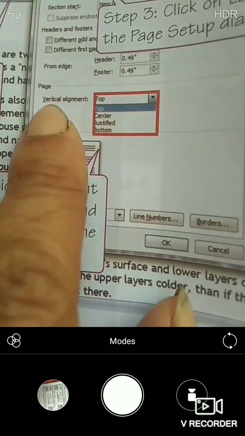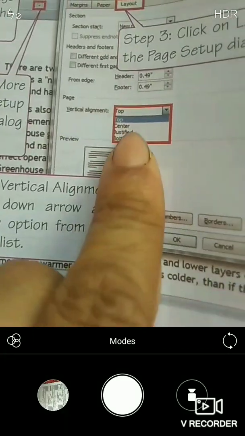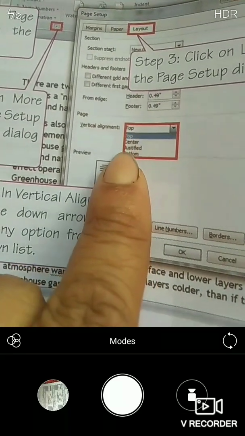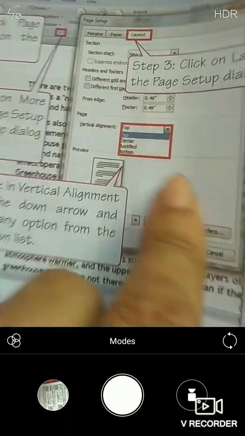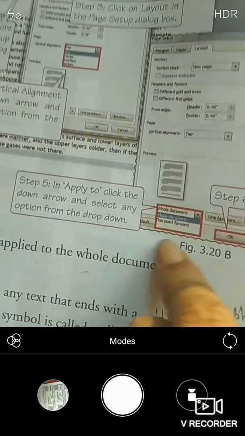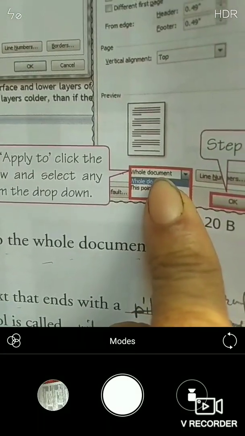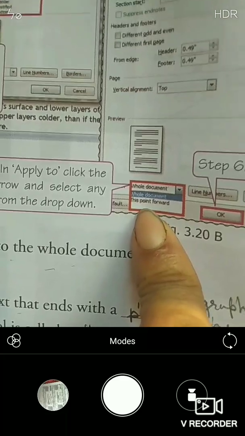See, this is vertical alignment, and here we have to choose any one: top, center, justified and bottom. Out of the four, we choose one, and finally we get the Apply option. The whole document is selected by default.